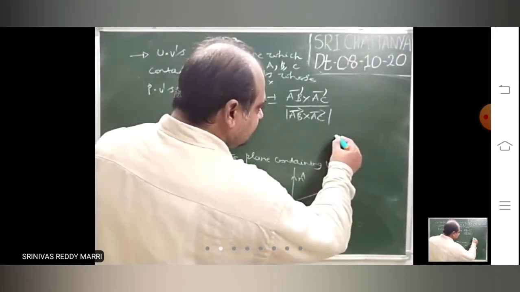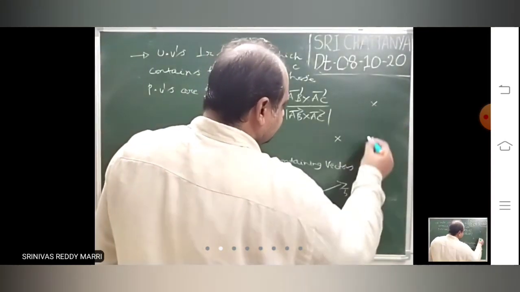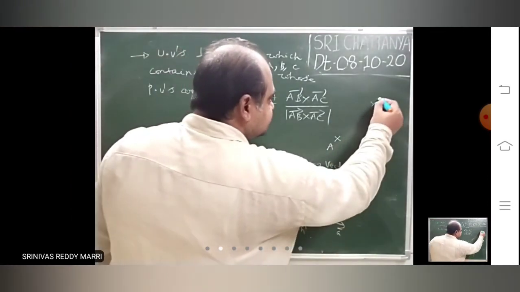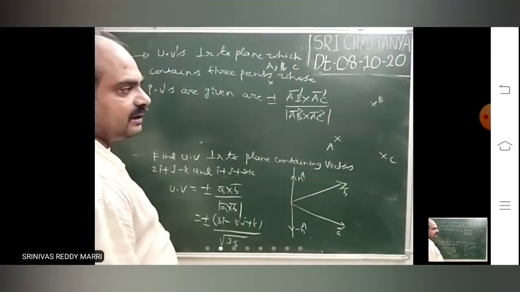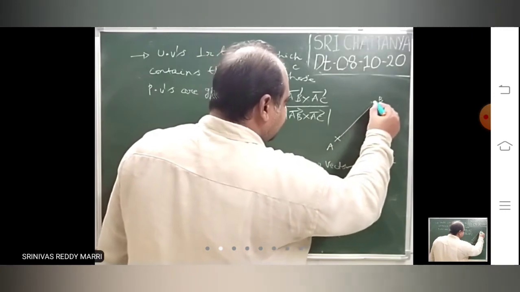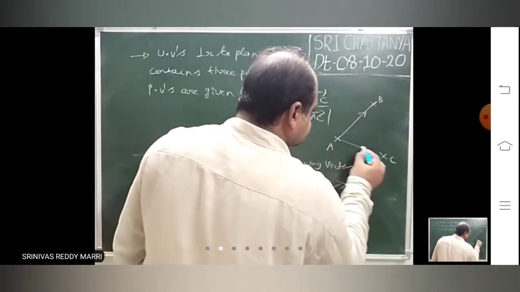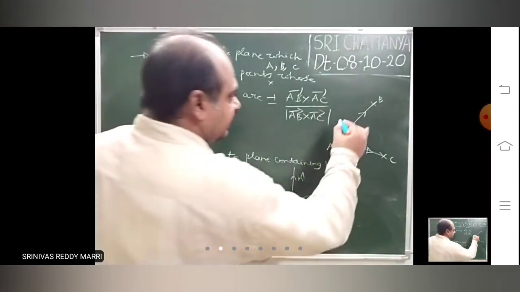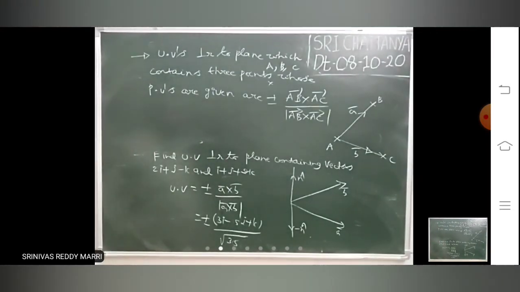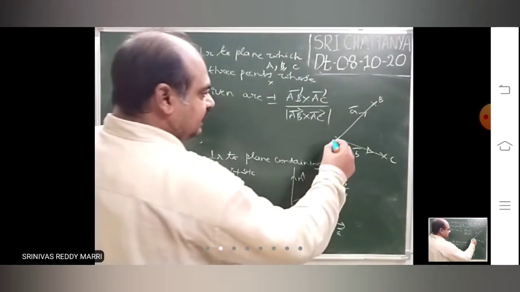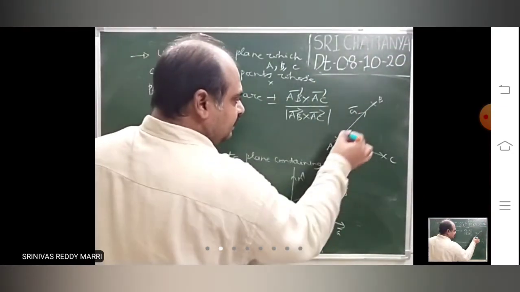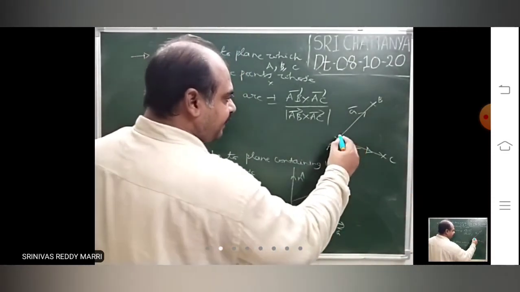What he is telling is, on the plane 3 points are there. On your paper 3 points are given and their position vectors are given. If you know two vectors, you can write the unit vector. 3 points are there means we will join them, and on your paper you form 2 vectors. So one is A bar, another one is B bar. You just require 2 vectors, A bar and B bar, to write the unit vector. The normal is perpendicular to your paper.